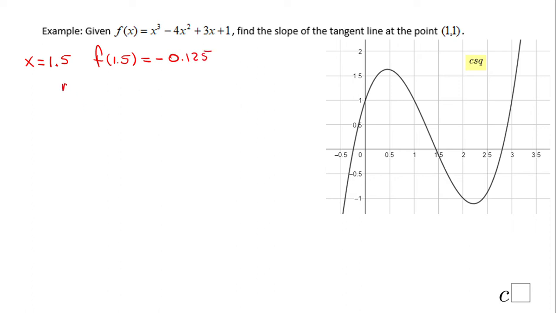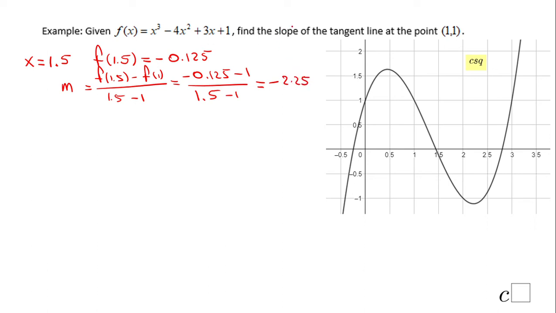And you remember what I said about the slope, that is rise over run. In this case, it's going to be f of 1.5 minus f of 1 over 1.5 minus 1. So that will be negative 0.125 minus 1 over 1.5 minus 1. And if you do this math, you end up with negative 2.25. The slope of the secant line that goes through these 2 points, (1, 1) and (1.5, negative 0.125), is negative 2.25. I'm going to call this M1